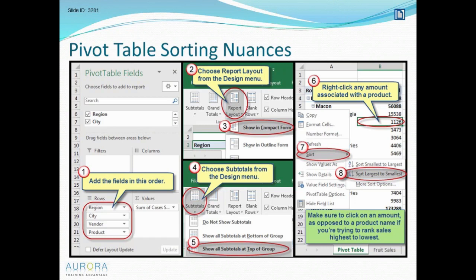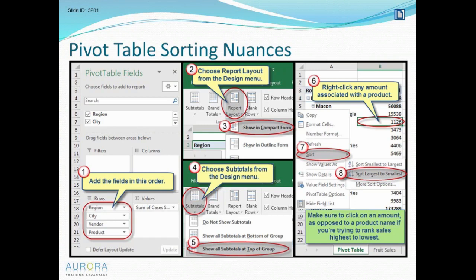And so we get conditioned to think that, well, that's the way everything works in Excel, and pivot tables don't behave that way. Each field in the rows section, so we're going to add all 4 fields, region, city, vendor, and then product, we're going to add that to our pivot table. We're then going to make sure that our report layout is back in compact form and then add our subtotals